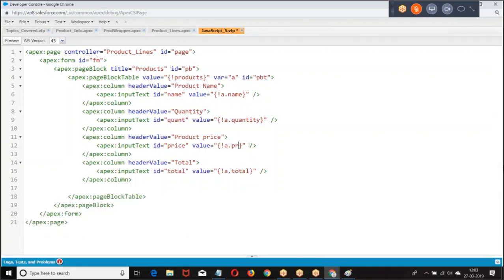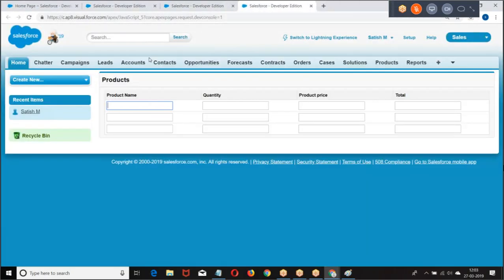It's not a price, it's amount. Right. Have a preview. This is what we got. Now the point is, I give quantity 10. When I give price 500, automatically the total should be calculated and printed here.